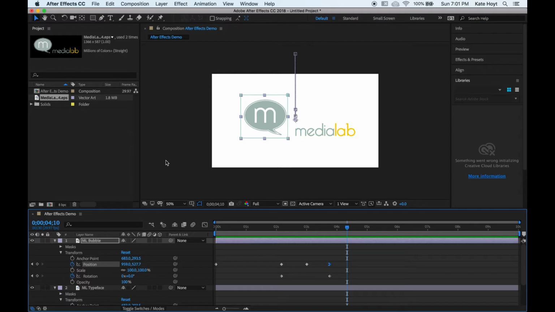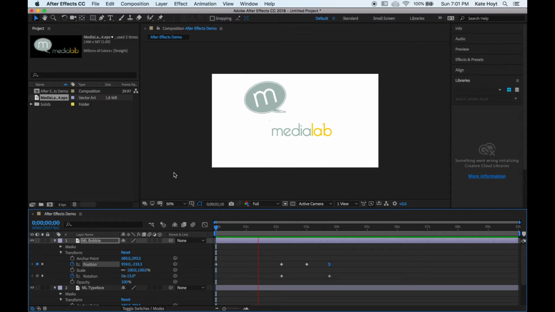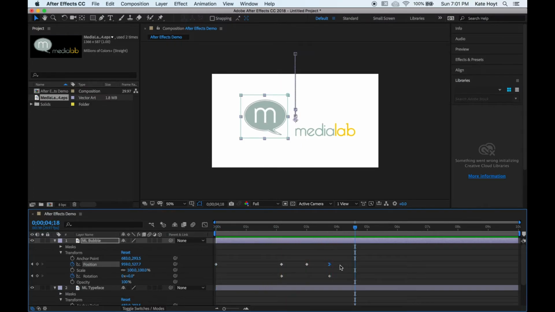The only thing I would say is maybe these final few keyframes need to be closer together. I kind of would like that bounce to happen a little bit more quickly, but let's just confirm that there's nothing else going on with this. I think that looks pretty good in terms of the easing. So to select multiple keyframes, I could hold down Shift, which I'm doing, and click on all the keyframes, but